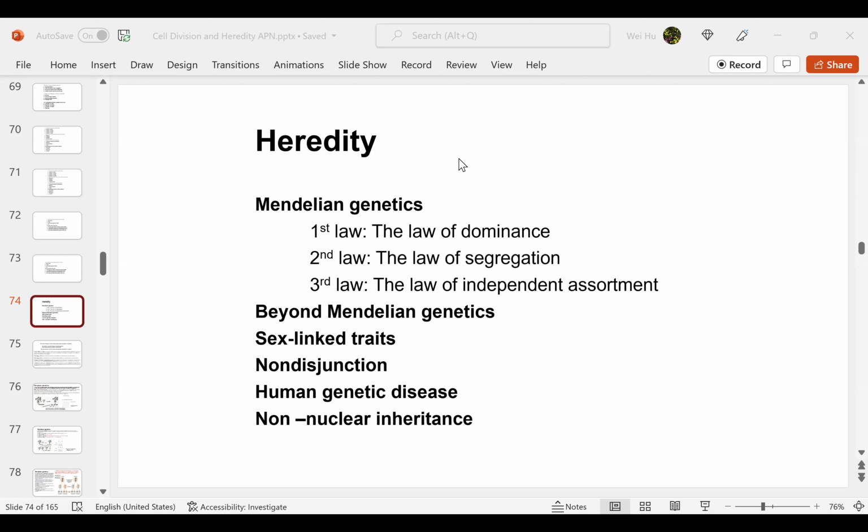So heredity. For the genetics, we start with the father of genetics' laws: first law, second law, and third law. Now after this, we talk about nowadays genetics theory. So now let's start with